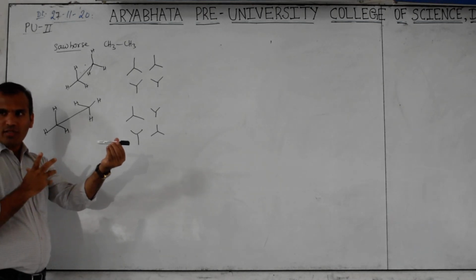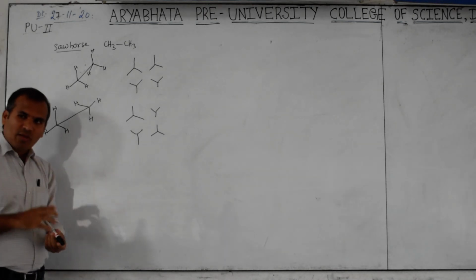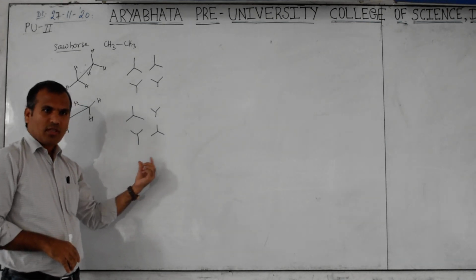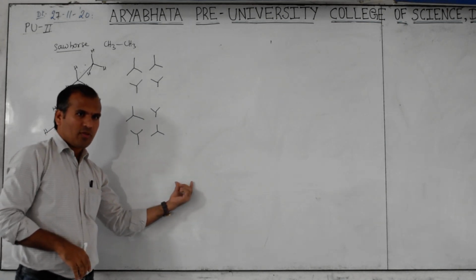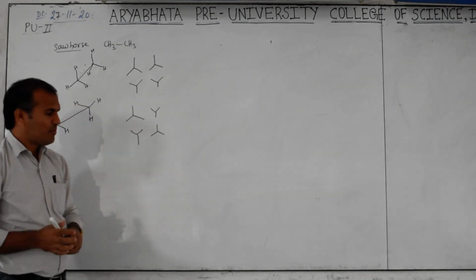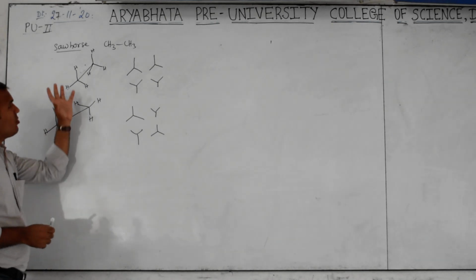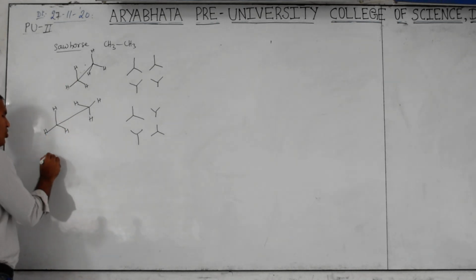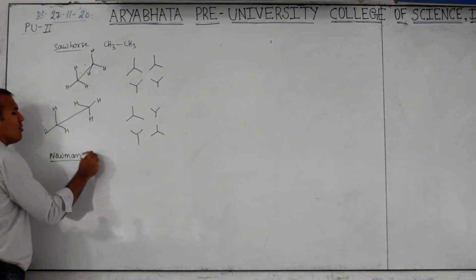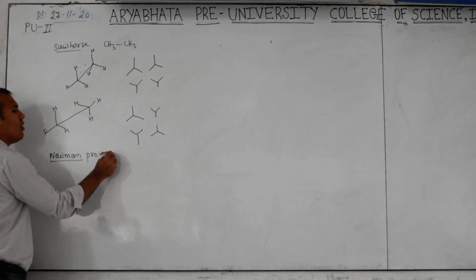That is Newman projection. Because this word also may be given. Which of the Newman projection is an end-on view, side view, or any other view? They will give names, then you have to identify that also. Now, this much only about the Sahar's projection. Now, Newman projection is important. Projection or model, that is the same here.